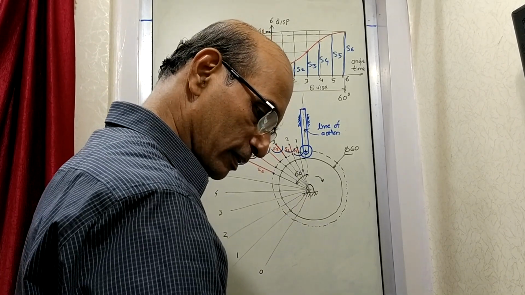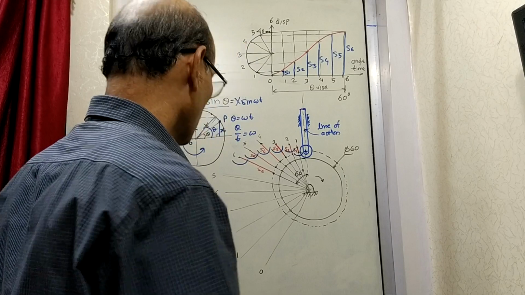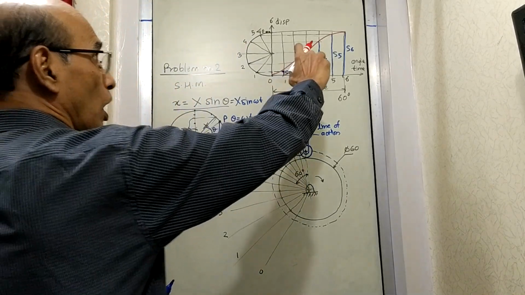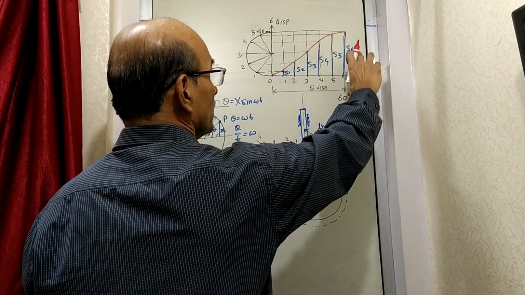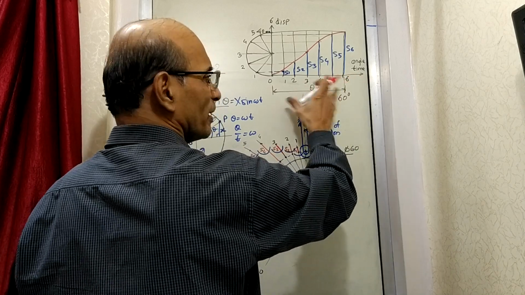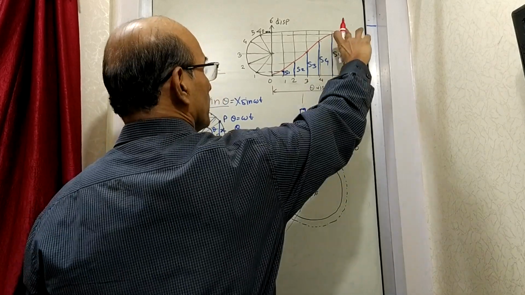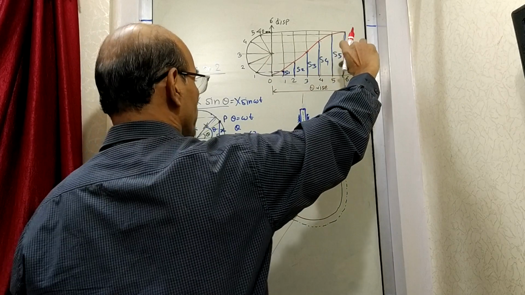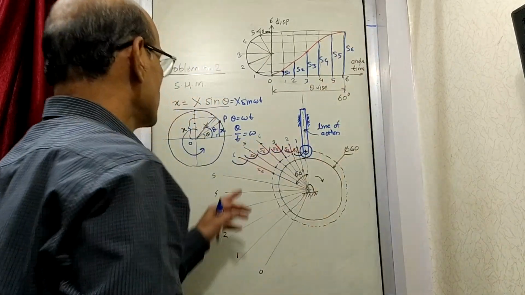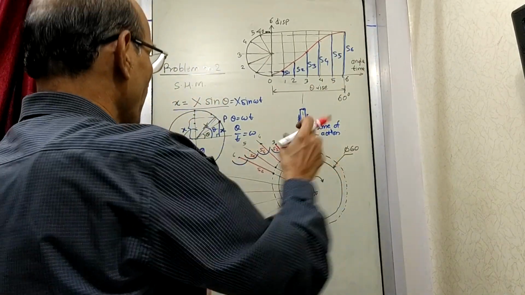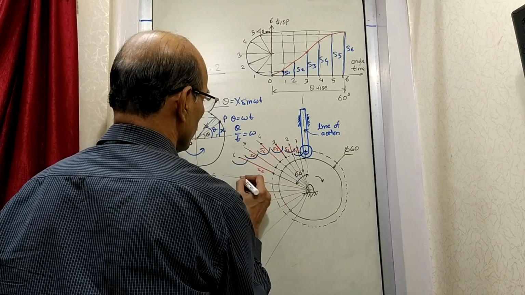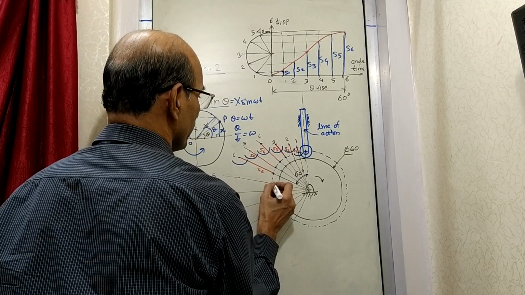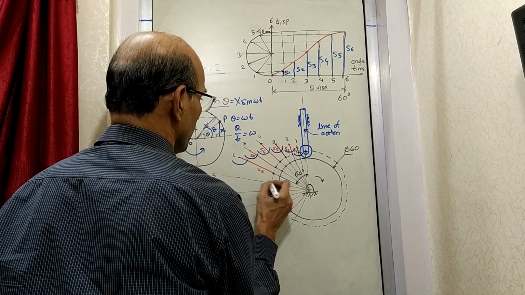Now what happens? Again the same procedure. We are now going to draw. In fact, the curve need not be drawn because the return, whatever is the displacement can vary. This degree can vary, but this is going to remain the same. So you take now this S6. S6 is already there. Now on 5, this 5 you take on 5. So somewhere here there is 5.